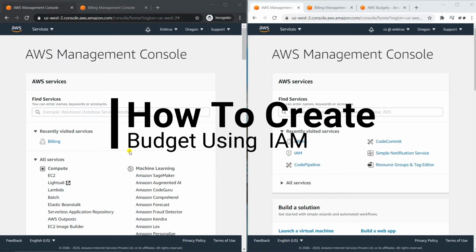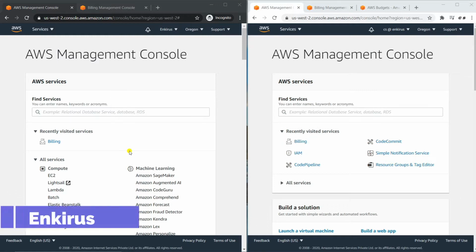See, when you start with an AWS account, you usually do not set a budget, but you must set a budget. Even when you are using an account under free tier, there are limitations to the resources you use. For example, EC2 per month only allows 750 hours. Same goes for RDS. For CodeBuild, it is 100 minutes of build every month. And so on for various other resources under free tier.